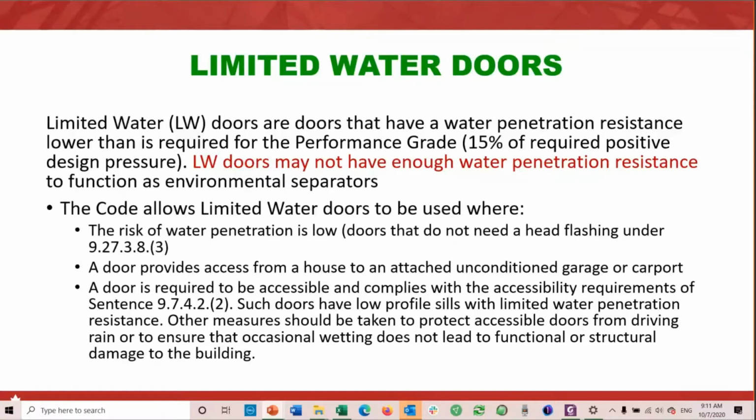It could be possible to install an overhead canopy over the door. When designing a building, it might be possible to recess that doorway from the exterior face of the wall. Measures should be taken to ensure that the floor finishes on the inside are not ones that would deteriorate from occasional wetting or that would lead to structural damage to the building. So ideally, you don't want to compromise the water performance of the building, but the code recognizes that accessibility in this case is more important than the water penetration performance of that door. And so it allows these doors to be exempted from that requirement.